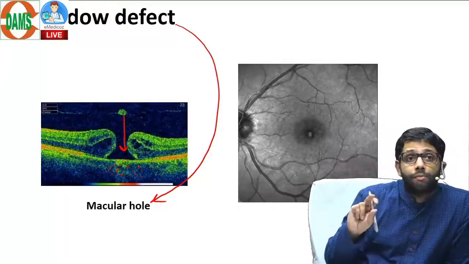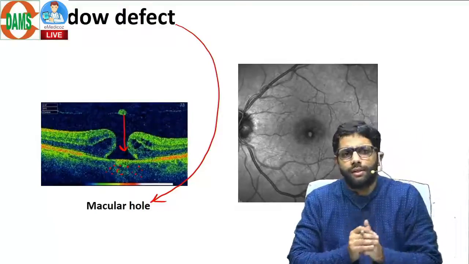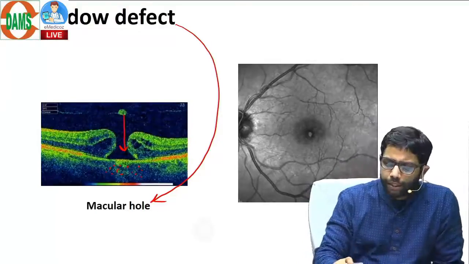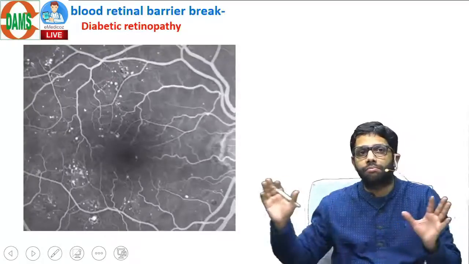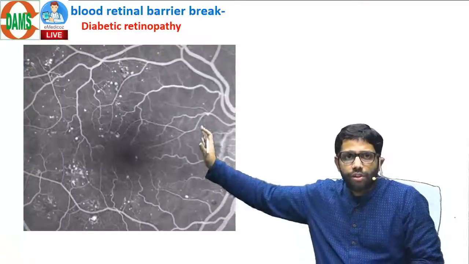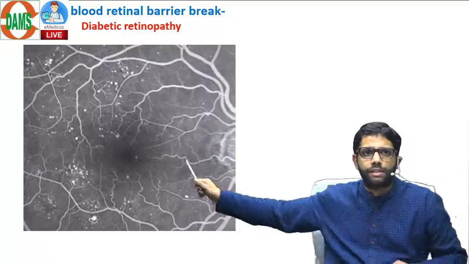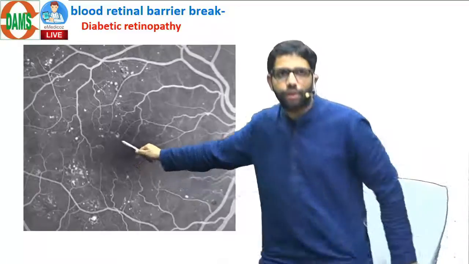Now let us see the example of hypofluorescence. Okay, but to tell you that, let us see one picture. See, in diabetic retinopathy, that's important that you see. Diabetic retinopathy you can see in various conditions. In the initial stages of diabetic retinopathy, when I'll teach you in the live lecture, I'll tell you diabetic retinopathy. What you can see in the right retina, this is optic disc, this is the fovea. You can see dots,